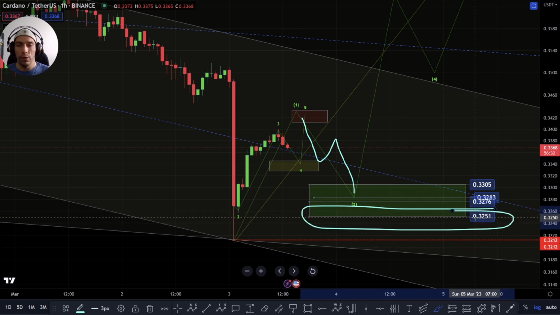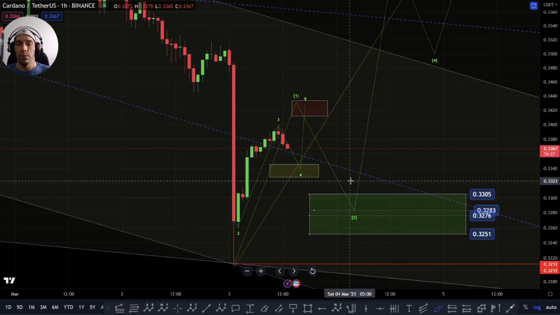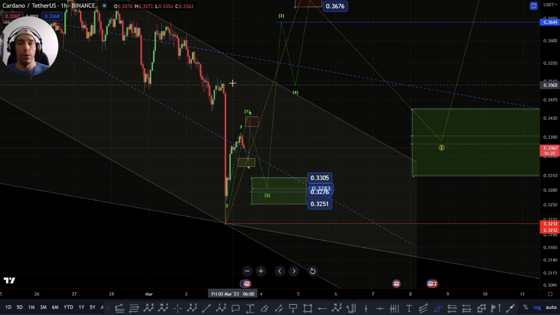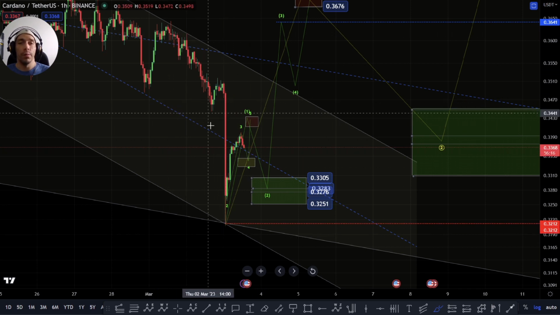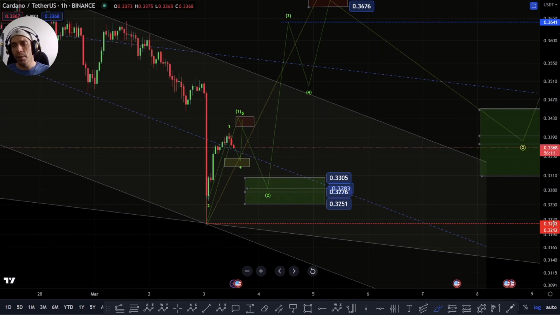If we lose this 3251, it would become more likely that we're actually going to get some further extension within these waves. And then we'd have to potentially look at maybe that within here we're getting another one and a two. I'd have to look at it like that. Otherwise, it wouldn't really make too much sense where this becomes a 1, 2, and then we actually look to break much lower. So the key areas for looking for this bullish breakout from this area would be this 3212 as the lowest we could go. We wouldn't want to see a move down past this, but losing this 3251 already makes it less likely.